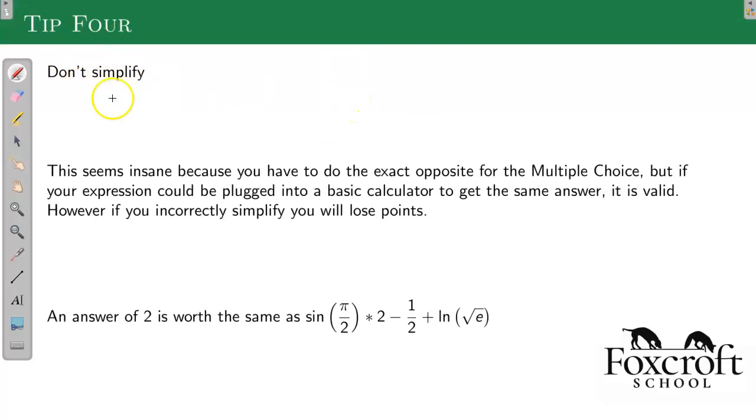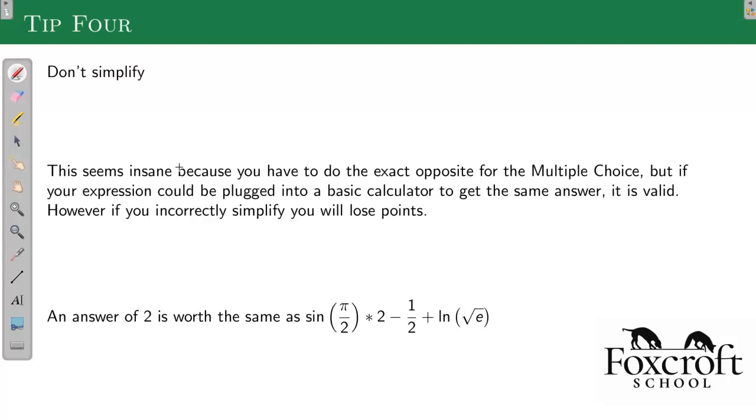All right, tip 4 is a hard one for most of us, but you actually don't have to simplify on the free response questions. It seems insane because on the multiple choice, you have to do the exact opposite. You have to simplify into exactly the answer choice that's right. But if you're on the free response,